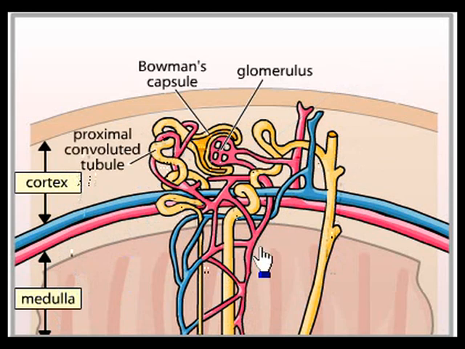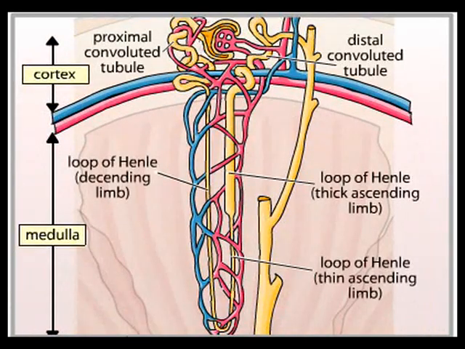Blood pressure forces water and smaller molecules to be filtered from the glomerulus into the Bowman's capsule. The initial segment of the renal tubule is called the proximal convoluted tubule, and the glomerulus, Bowman's capsule, and the proximal convoluted tubule of each nephron are located within the cortex of the kidney. And now, from the proximal convoluted tubule arises